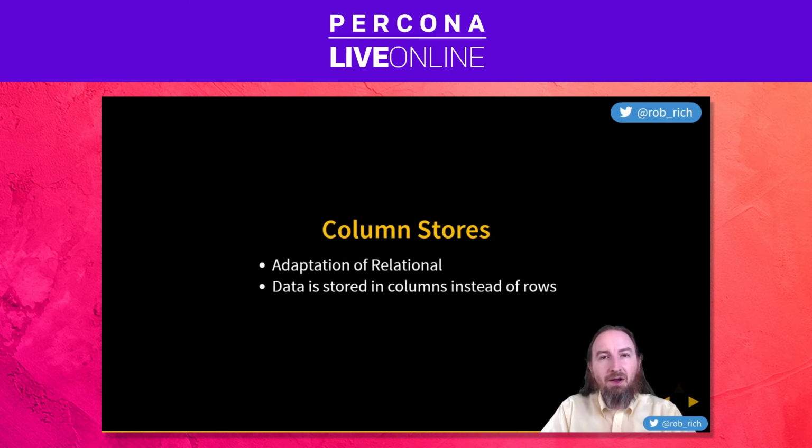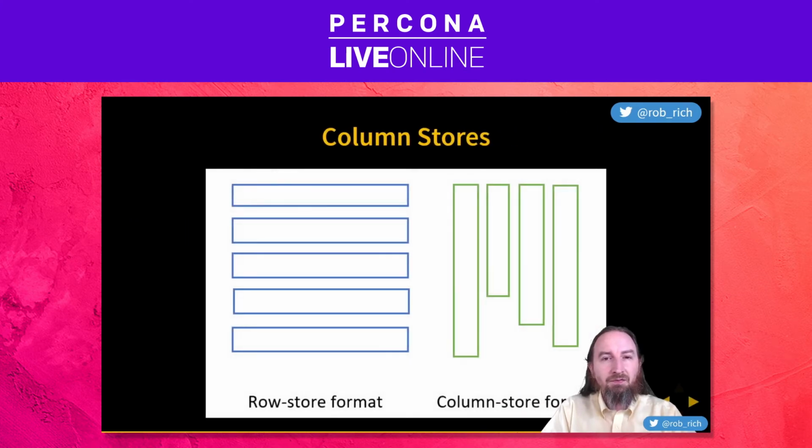Now, what's interesting about a column store that's very different from a relational table is that we store our data in columns instead of rows. On the left, we have a relational system where we have all of our rows. On the right, we have columns. Now let's imagine that we're storing states in the United States or in Canada, or countries in the world. Now there's only a finite number of them, so we can compress this data a lot. Once we seek down to that state or province that we need, we can quickly read all of the data